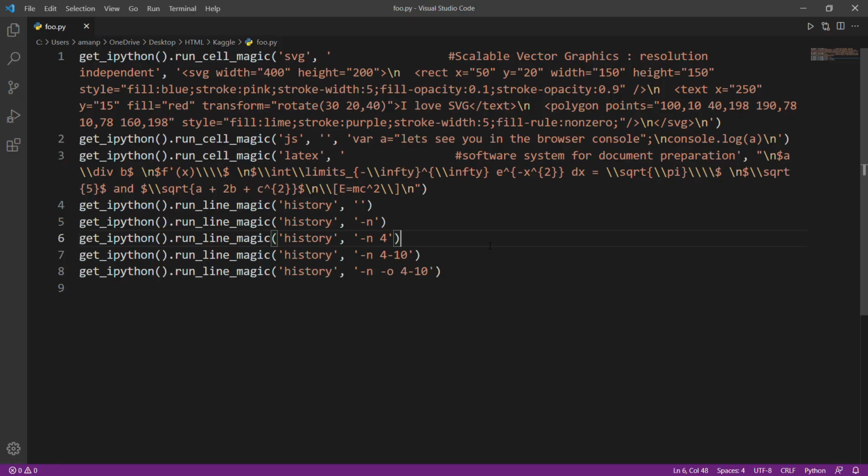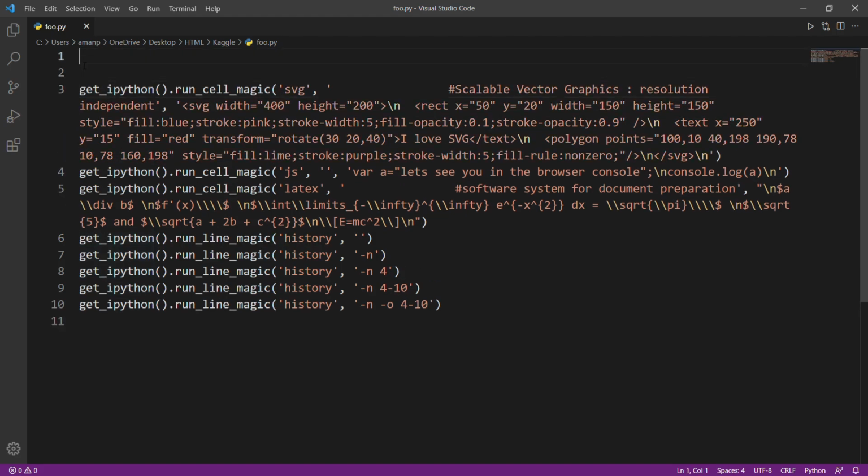So here I open the file foo.py. So before running the file, we have to import one thing from IPython: import get_ipython. And now we are able to run this file.